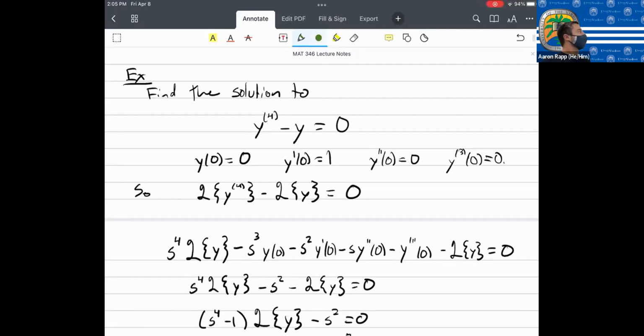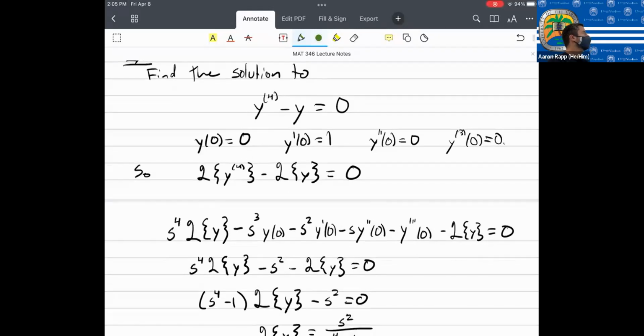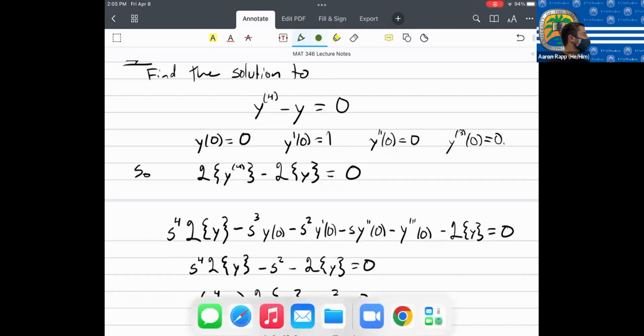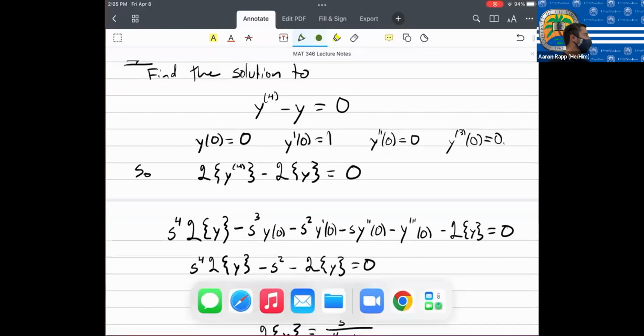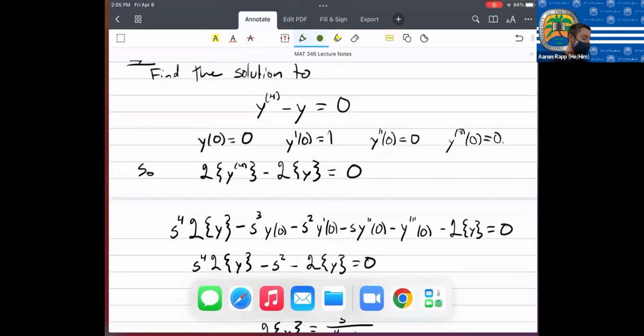So we started with this problem. The fourth derivative of y minus y has got to be equal to 0. And we were given the 4 initial conditions that are needed for well-posedness of this initial value problem: my function at 0 is 0, its first derivative is 1, second derivative is 0, and third derivative is 0. So when we did the Laplace transform of this, we found that the Laplace transform of my solution y has got to be equal to,